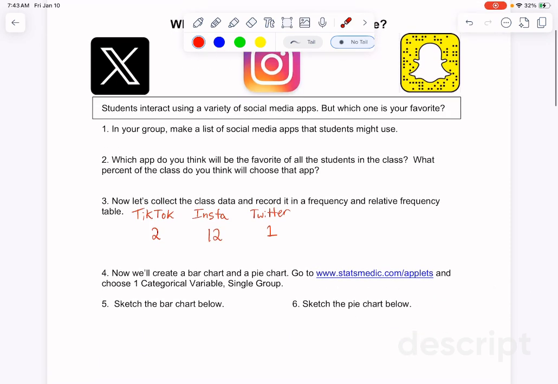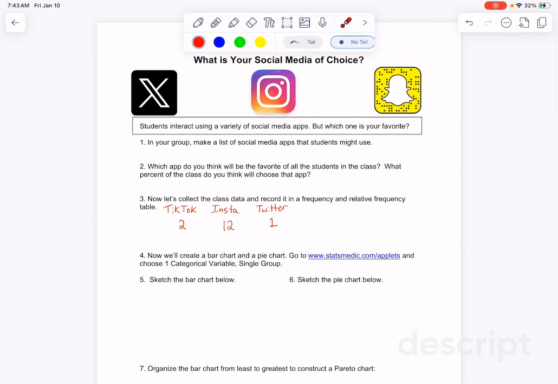So if this were a normal class session, there'd be a big discussion among your group. You'd talk about maybe some social media apps that you might use, and then maybe make some assumptions about what you think the class would do. Because of our circumstances, we just did an informal survey yesterday. So at the end of class, I took just a hands up. If your favorite app is TikTok, raise your hand. Instagram, raise your hand. Twitter, raise your hand. And then we didn't have anyone say anything else.